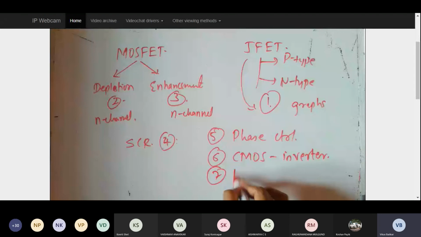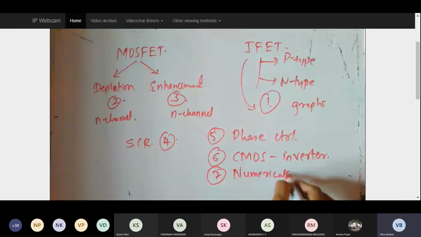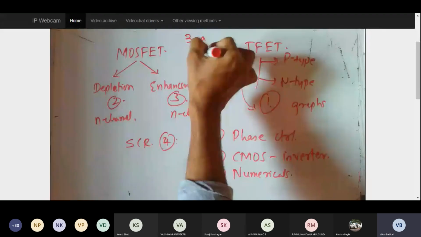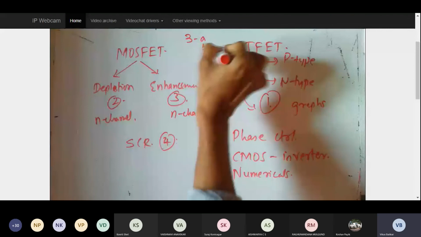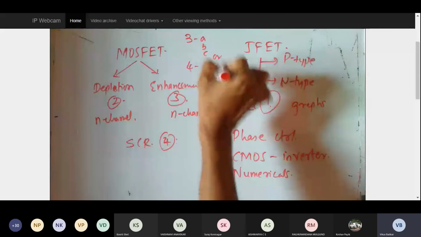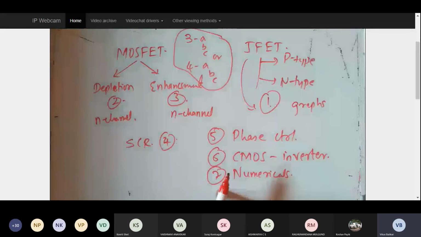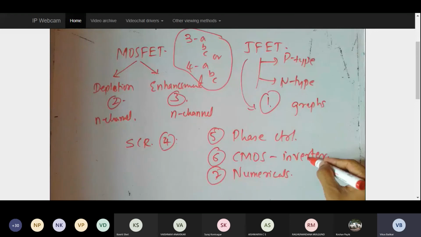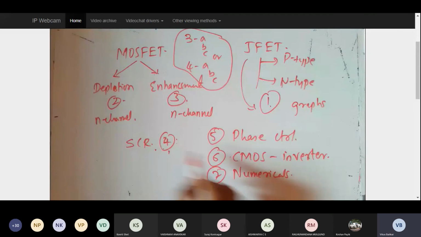So for module number 2, in your question paper it will be 3ABC or 4ABC. In the question paper you have 6 questions, and you have 7 concepts. So that means every concept is important. If you are thorough with these concepts, they may simply ask CMOS, and the SCR two transistor model is guaranteed. So write these two questions as fixed. Of course I cannot guarantee which will be asked in MOSFET, N channel, P channel, N type, P type. I cannot guarantee that, but one of the questions will be there and one numerical will be there.